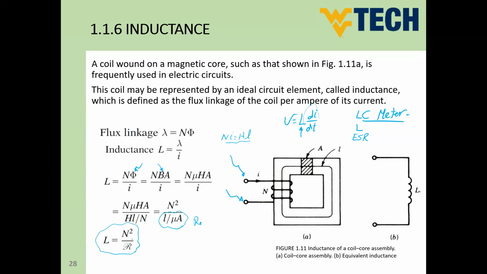So if you would like to have a high value of inductance, increase the number of turns and reduce the reluctance. And how can you reduce the reluctance? Reluctance equals L divided by mu A. So reducing reluctance means reduce the length of the magnetic path, or increase the cross-section area of the magnetic path, or increase the permeability of the magnetic core. And increasing the permeability of the magnetic core means select a proper magnetic material. So this is the way you can control the reluctance of the magnetic core. So this is, guys, how to get a certain inductance. Okay,